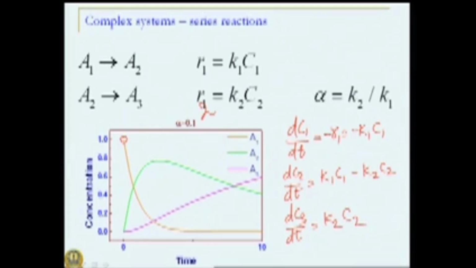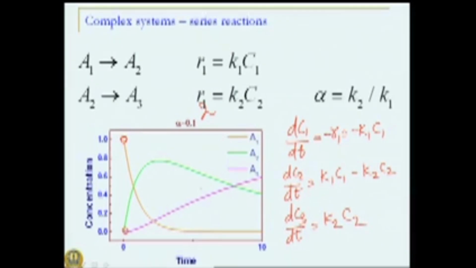in this particular plot is the time axis on the x and the y axis represents concentration of 3 different species. Red or orange is A1, green is A2 and violet color is A3. So, we started this reaction with some quantity of A1 and nothing of A2 and A3. To monitor the progress of this reaction, we measure its concentrations, and what you see pictorially in this particular graph is